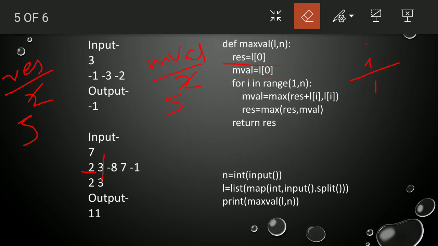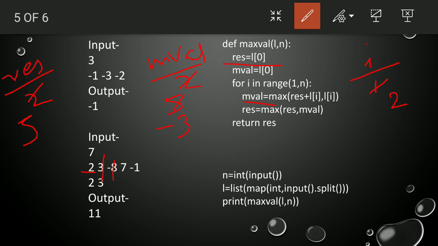Okay. Now the I value is incremented to 2. When I value is your 2, this is minus 8. So RES, that is 5 minus 8, that is your minus 3, and this is your minus 8. So M value contains your minus 3 and RES, that is 5 comma M value minus 3.